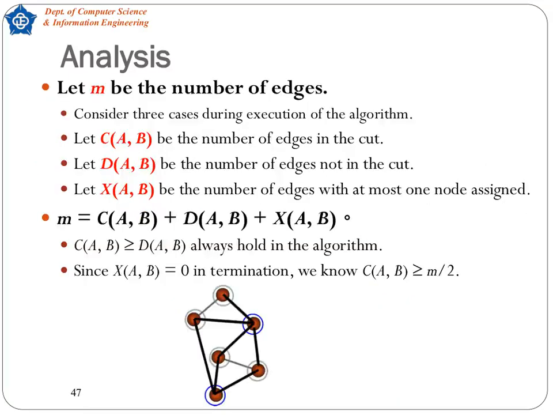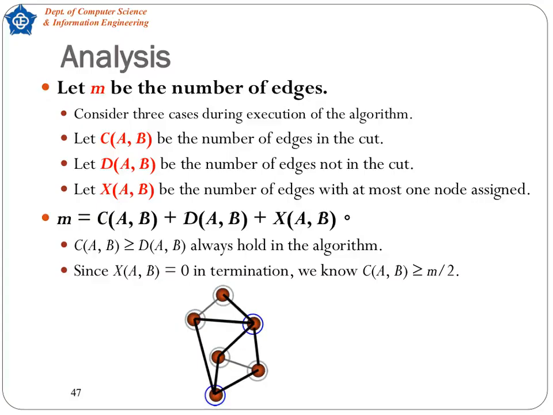Building on our previous discussion, let's now formally define M as the total number of edges in our graph. As the algorithm executes, we categorize these edges into three specific types. First, C(A, B) represents the number of edges currently in the cut, meaning they connect nodes in different sets. Next, D(A, B) refers to edges that are not in the cut, connecting nodes within the same set. And finally, X(A, B) denotes edges where at most one of their connected nodes has been assigned yet. Crucially, the total number of edges, M, is always the sum of these three categories. M equals C(A, B) plus D(A, B)